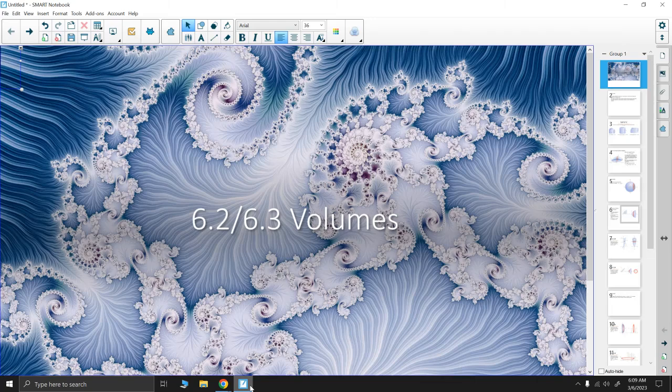Okay, guys, so we're going to talk about volumes. Now, this is actually one of the more, for me at least, interesting uses for integration because when it comes to two-dimensional objects, area is definitely an important aspect, but more importantly, I feel than area is going to